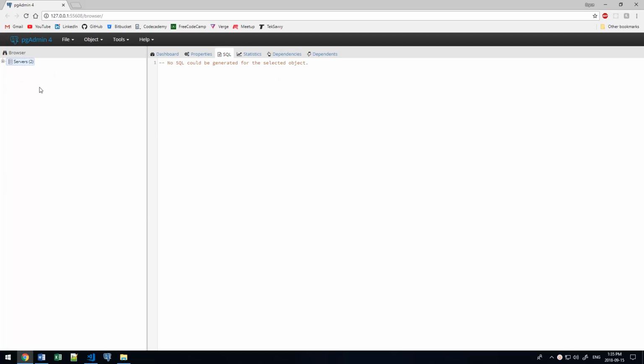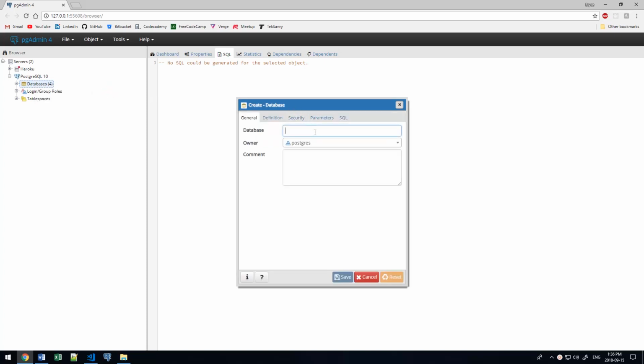So I'll show you how to do it in here, but this could be done via the command line too by just typing in a SQL command in the right place. So if we expand servers, your local Postgres instance should be called something like this. And we go to databases, left click and click create database, create a new database, and we